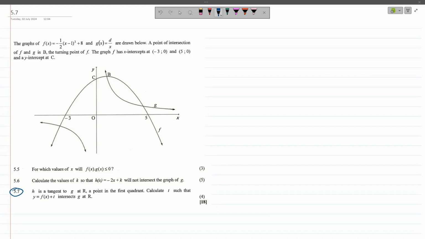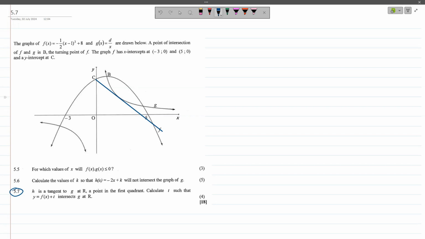5.7 says H is a tangent to G at R, a point in the first quadrant. Calculate T such that y equals f of x plus t intersects G at R. So H is a tangent to G, and they say in the first quadrant. G is this function, so we have a straight line that is a tangent to this